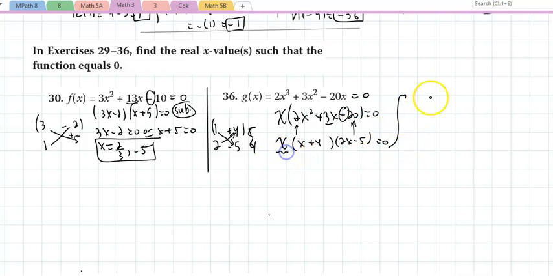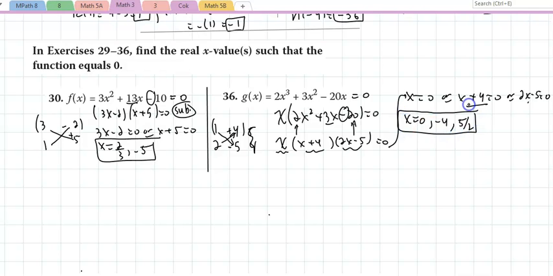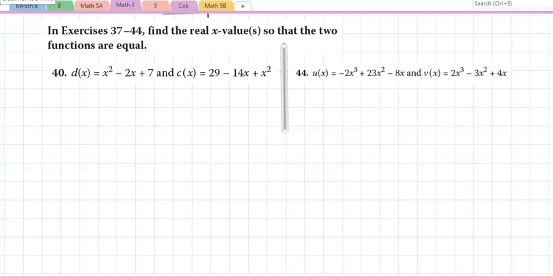That means either x equals 0 or x plus 4 equals 0 or 2x minus 5 equals 0. So x equals 0 or x equals negative 4 or x equals 5 halves. And if I look at find the real